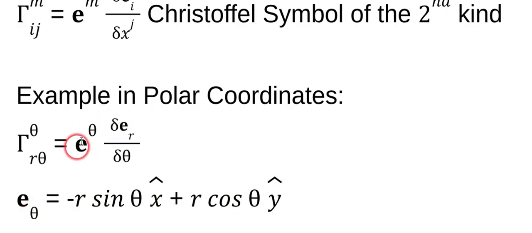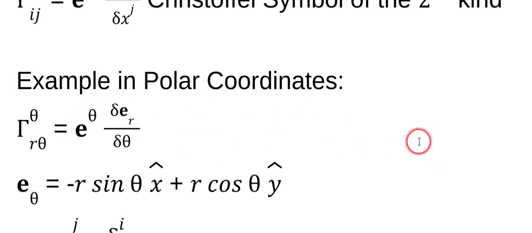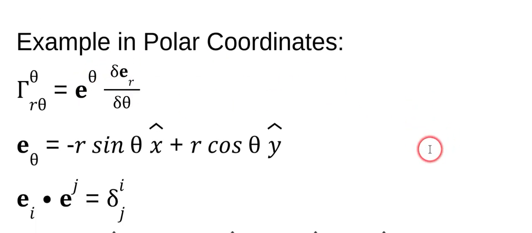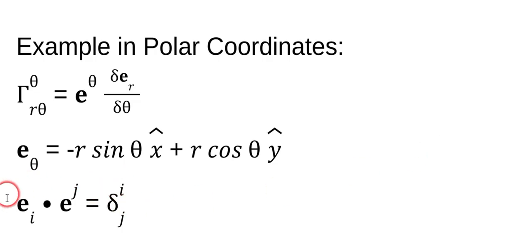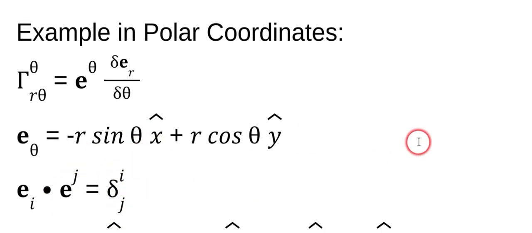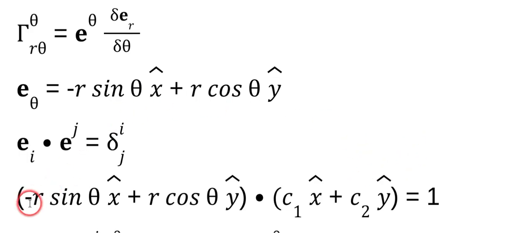But you see here, we have a contravariant. So we say, oh, well, how do we get that? Well, this is one of the easy ways to do it. We know this relationship, right? Basis vector, inner product with its reciprocal is equal to the Kronecker delta. So if we write this all out, here's E theta, inner product with